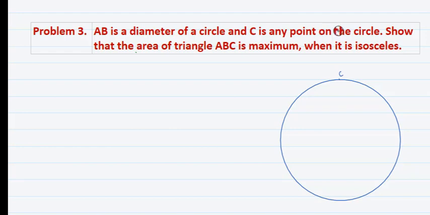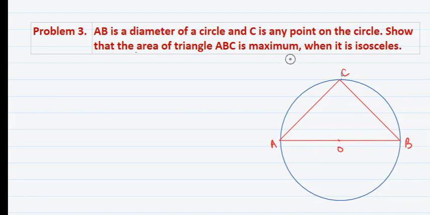Okay, now AB is the diameter. So let us mention AB as the diameter over here. And next, show that the area of triangle ABC is maximum. Means triangle ABC has AB, the diameter of the circle, as one of its sides. So let me draw this triangle as well. So this is the triangle ABC. AB is the diameter of the circle as well as one side of the triangle. So clearly O will lie at the center of AB.